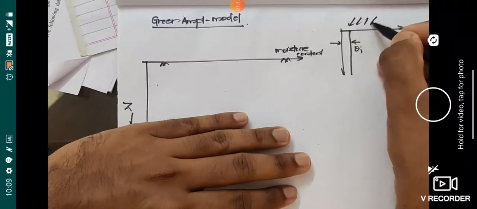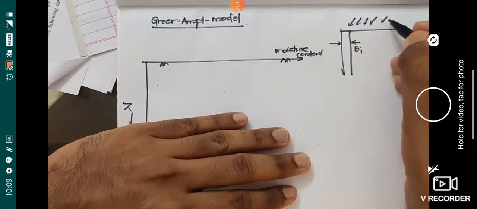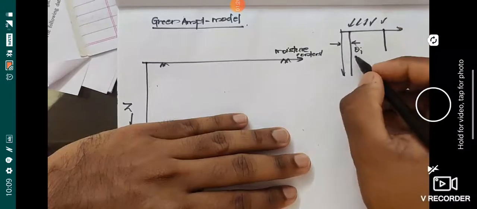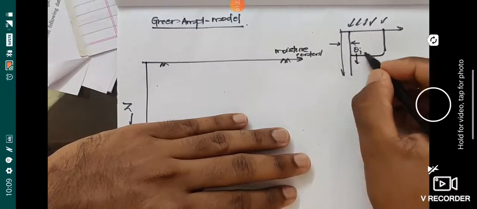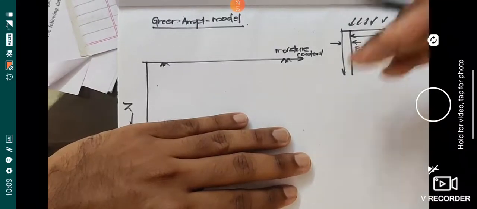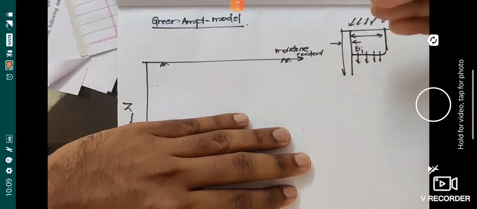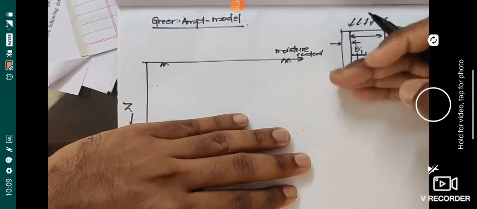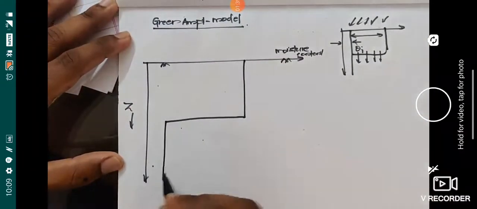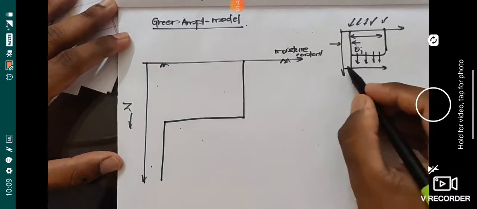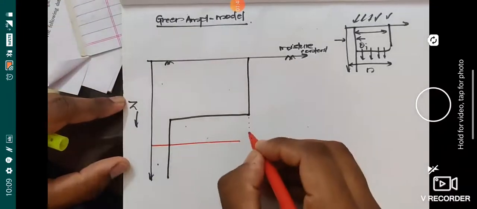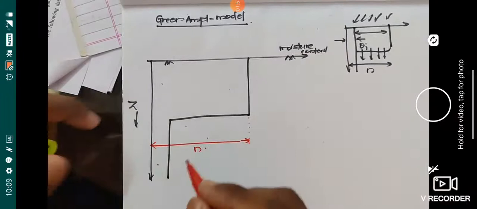So when rainfall occurs, more and more water gets into it, and it will be saturating some portion from the top. The moisture content of the initial portion increases up to a particular limit. Since water keeps getting added, more and more water enters, it saturates the top portion, and that front goes downwards. When I represent it, it will be something like this. The maximum water content it can have is the porosity, which is represented by n.